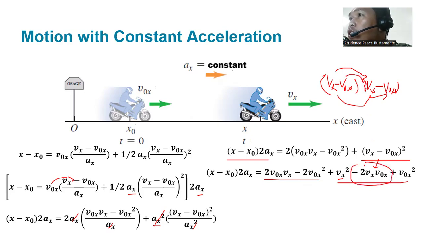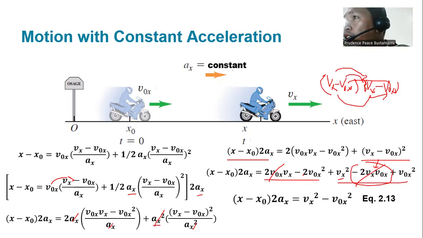That's why there is a 2 v sub x. This one times this one is plus v sub x squared. Since this one is the same but different sign, we can cancel that. So we're left with 2 v sub x squared minus v sub x squared, which is negative v sub x squared. What's left is this term here, and this one minus this one is just this one. So this is the fourth equation.